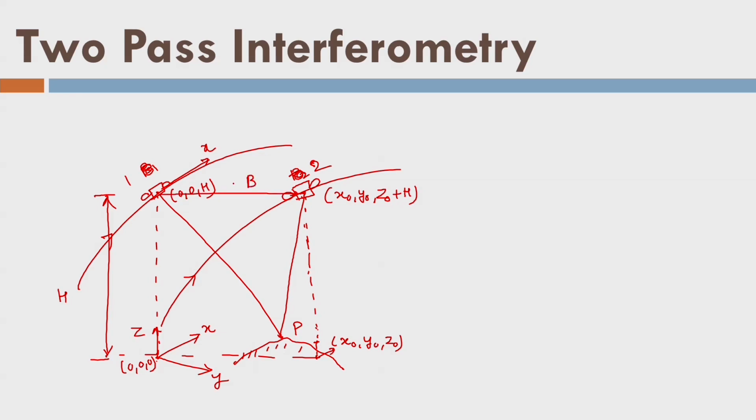And since the tracks are having different orientation, I have to match tracks first, and then I will estimate the baseline by estimating the difference between the two parallel tracks. So this is track 1 here, and this is another track which is not parallel. I will orient this track in a way that it becomes parallel to this track, and after that I will find out the distance between the two parallel tracks. So that is the way we determine the baseline in case of two-pass interferometry.